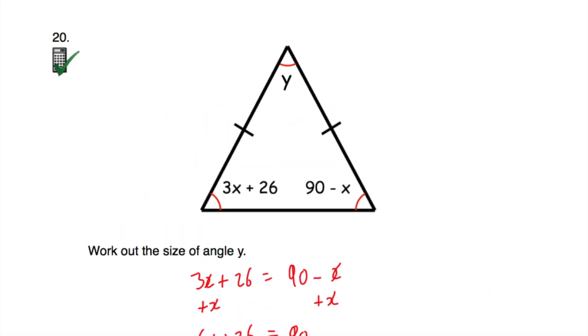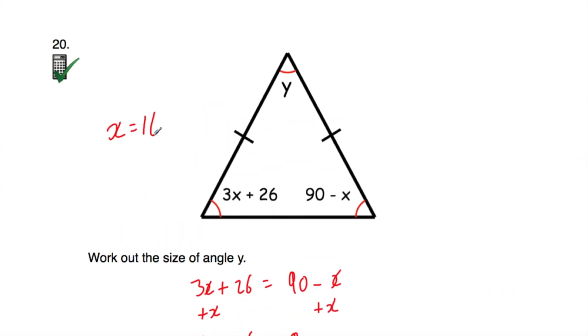So let's go up here. We know that x is equal to 16 degrees. Now we've been asked to find the size of angle y. We want to find the size of this angle. So let's find the size of these two angles, and hopefully they're going to be the same. It's an isosceles triangle, so whenever we substitute in 16 into this and into this, they should be equal to